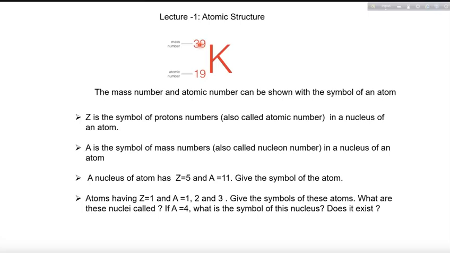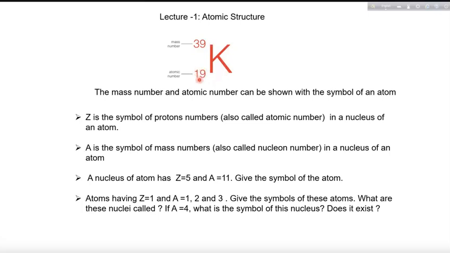Why do we do so? Because if you remember, Bohr said that all atoms are of the same mass in an element. Now you can see that it is not true. If we take H as the symbol of the hydrogen atom, a capital H, and then we have